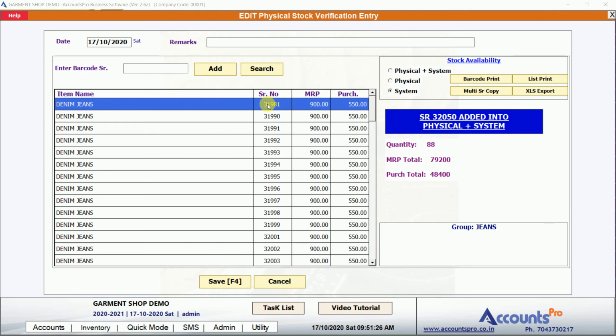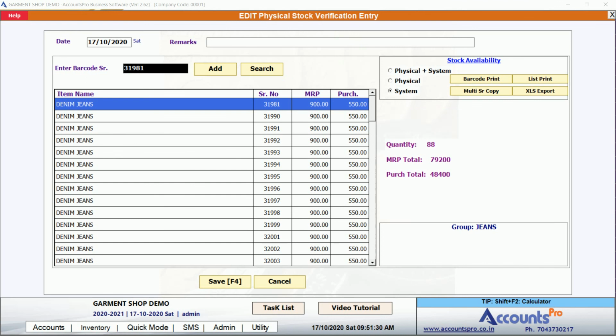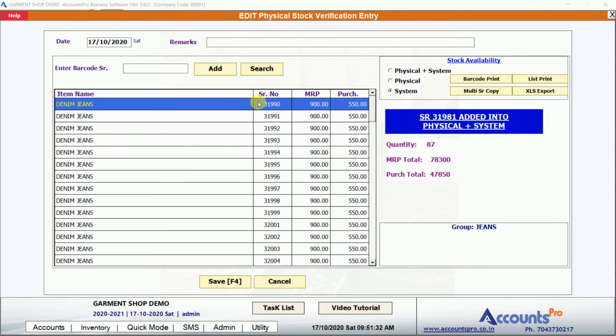For example, barcode number 31981. If I enter this barcode 31981, it is removed from the system section. Now the total is 87 barcodes. I'm entering one more barcode, 31990. Enter.